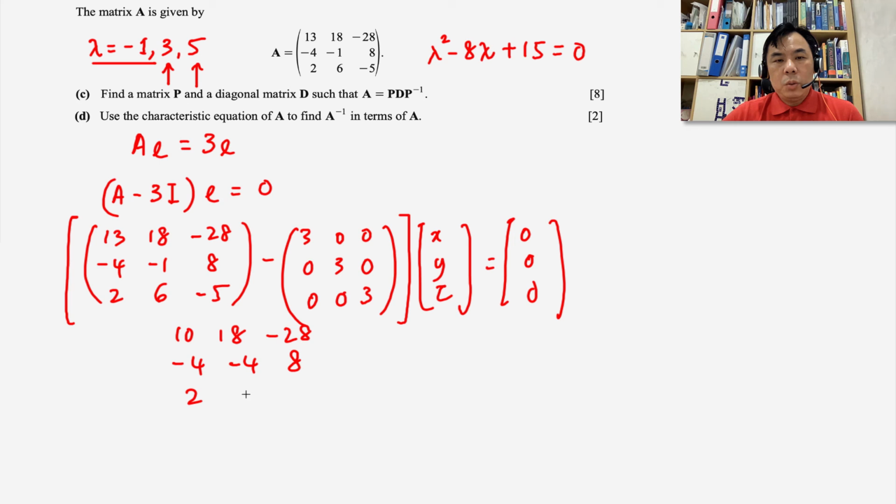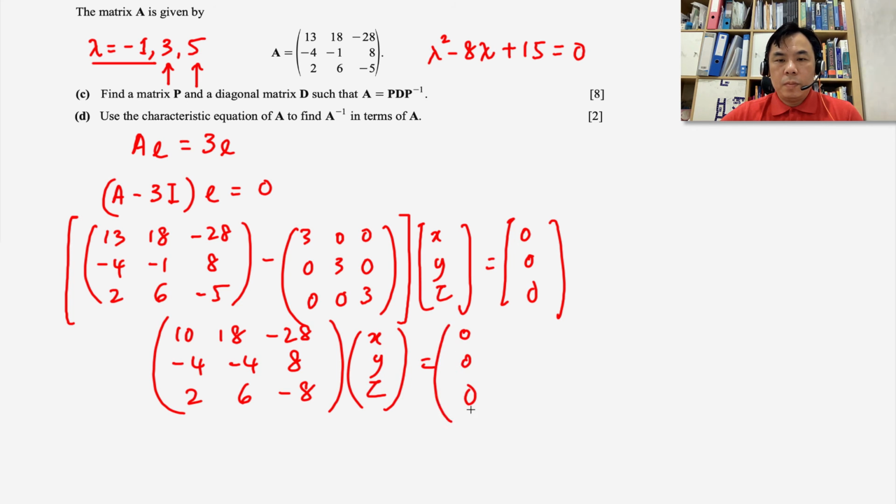We have 2, we have 6, we have negative 8 here. All right. And then next, you can do a bit of simplification if you want. So from here, all you need to do is just solve this